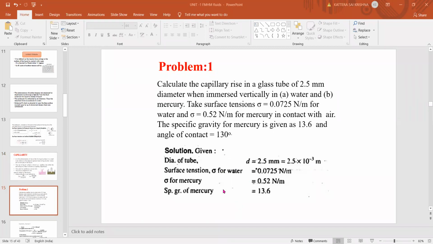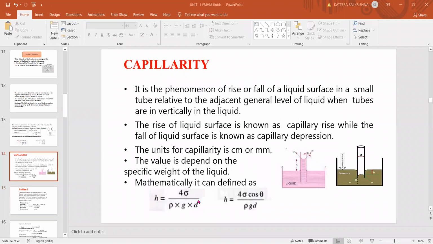Right. So all the values we already have. What is the rho value of water, the density of water? Specific gravity is 1, but I'm asking the density of water. Density of water is 1000 kg per meter cube. Very good. Remember, density is always 1000, and specific gravity of water is 1. This is rho, rho equal to 1000.